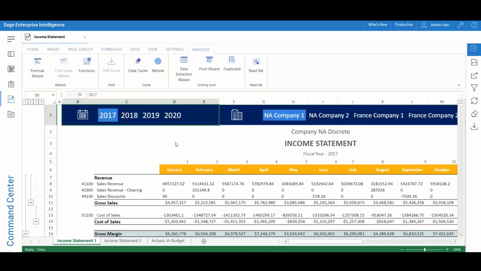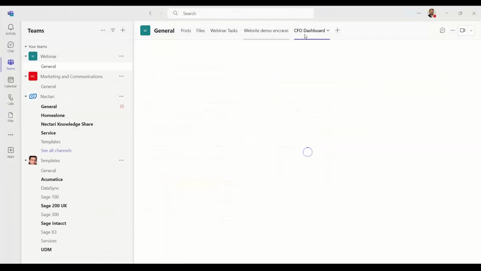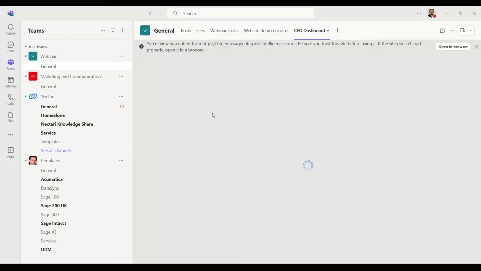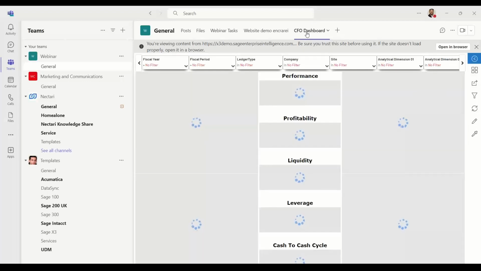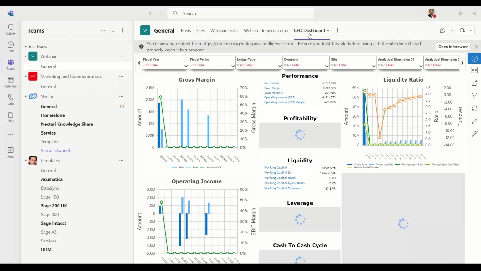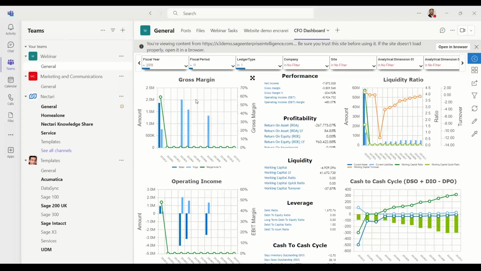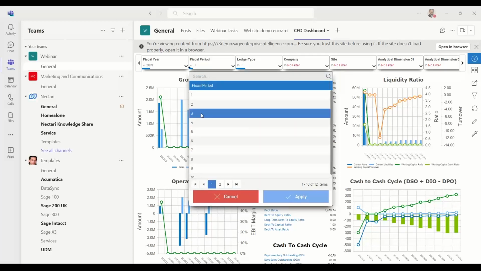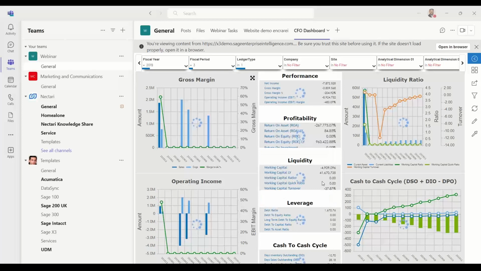Last but not least, when it comes to using the web application, we also have the ability to embed SCI in different applications. You could embed it in Sage 300, or in other applications. For example, here I have my Microsoft Teams, and I have created a new tab here, which is a CFO dashboard. That is, in fact, an SCI native dashboard, which is now fully embedded in Microsoft Teams, and is also fully dynamic and functional, which means if I want to pick a different fiscal period of my choice, apply that filter,